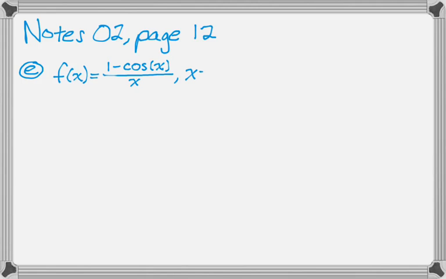where x is not equal to 0. The reason that x can't be 0 is it's undefined at 0. But a question might be, what's the limit as x approaches 0? Obviously you could just use L'Hopital's rule. Depending on how you learned calculus, or limits, to begin with, you might have just memorized the limit of this function as x approaches 0. But we're going to look at it using Taylor polynomials and show that it's kind of an easy way to